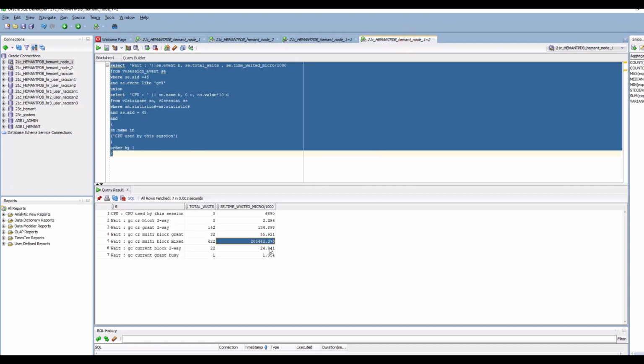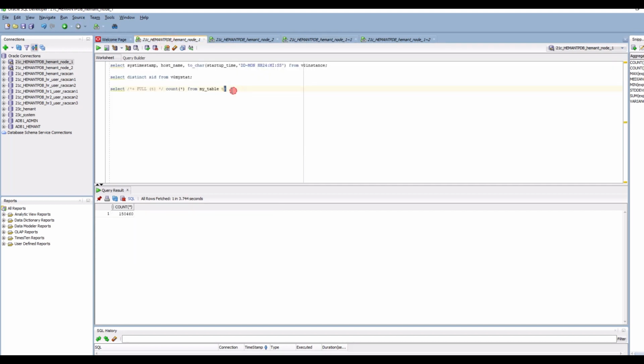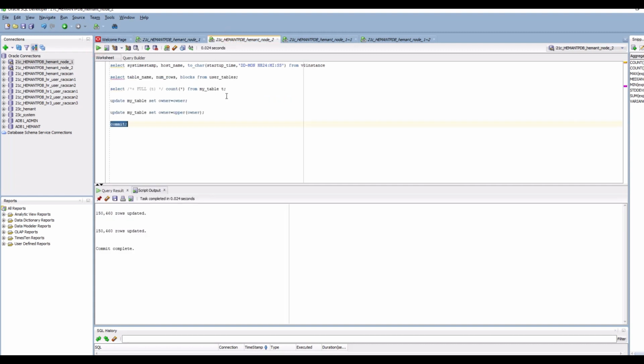This was 205. Let's see what it is now. Has it increased significantly? No, 209. So now the additional 3 seconds is this: a few more blocks were still being fetched from node 2 to node 1. If I run this query one more time, 0.01 second. If I run the query on node 2,